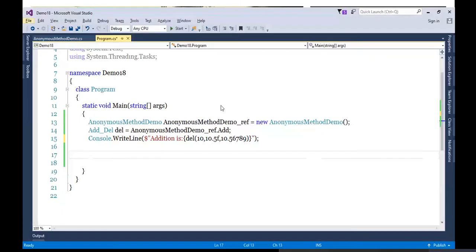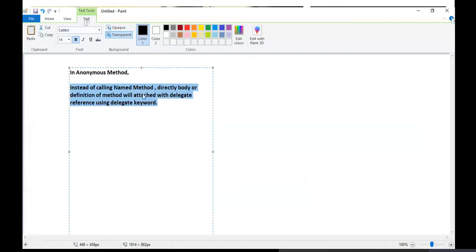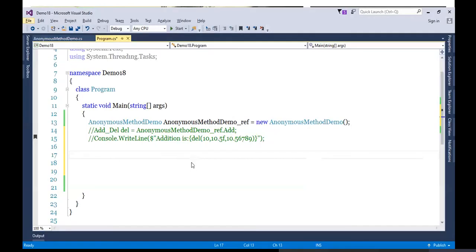So how to do this now? Let's watch. I'm not going to follow this now. Instead, as I told you already, instead of calling a named method, I will directly add the method definition with the delegate reference. So first, let's prepare the delegate reference. My delegate name is AddDelegate. Let's prepare the reference del.